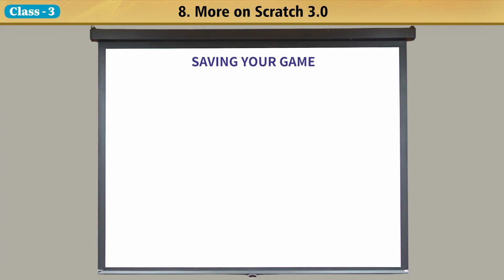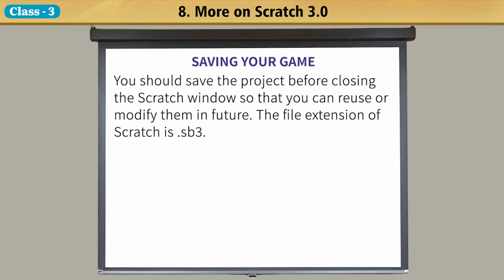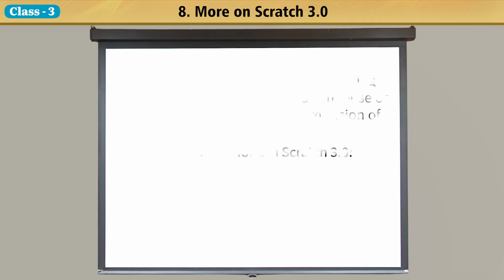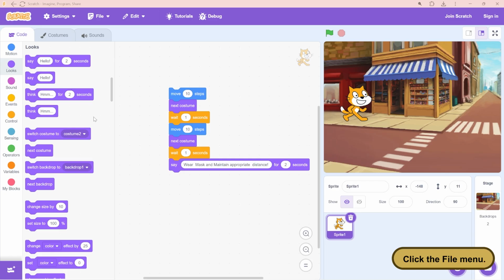Saving your game. You should save the project before closing the Scratch window so that you can reuse or modify them in future. The file extension of Scratch is .sb3. Let's save the work done in Scratch 3.0. Step 1. Click the File menu.